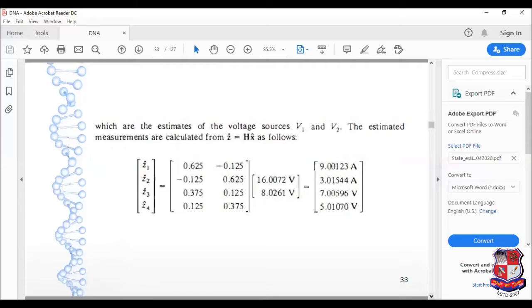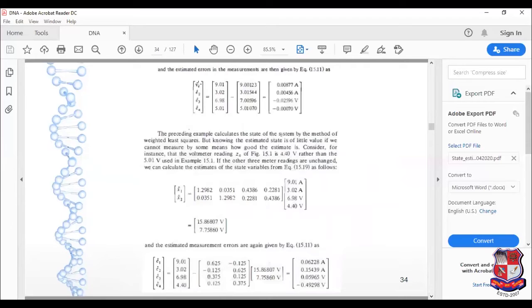So in order to find out the error, if I apply this equation, then I will get the error. This is my measured value and this is my Hx, that is the calculated value. So the highest amount of value which I receive in terms of error, it is this one.